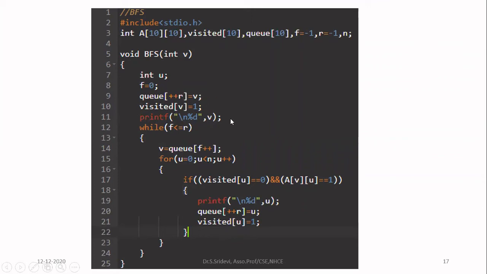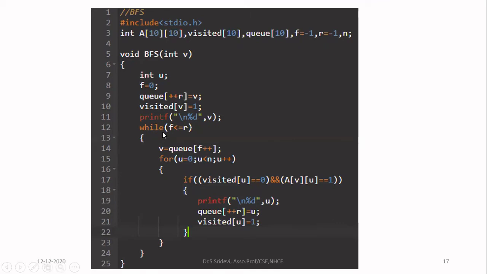So now I have inserted only the source node into the queue, and I have done all the processing with respect to the source node. Then what I have to do is remove the nodes from the queue one by one. How long will I be removing the nodes from the queue? Till the queue becomes empty. So you are going to do some steps repeatedly. That means I need to write a loop. So I am now writing the while loop.